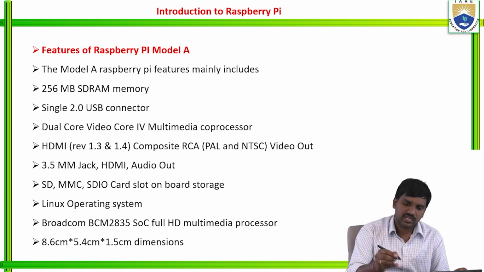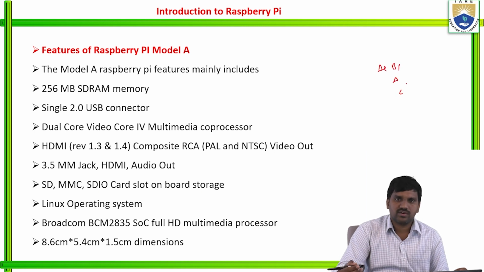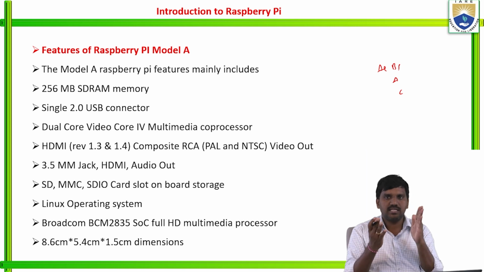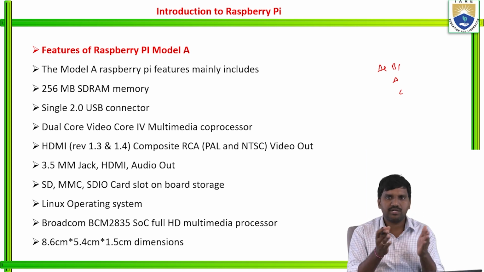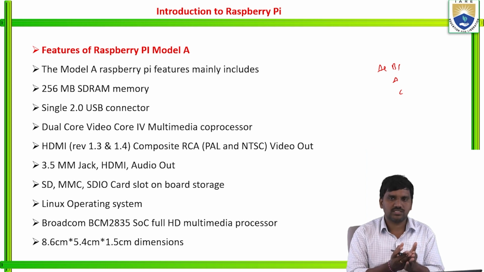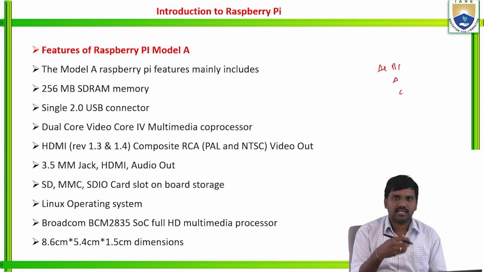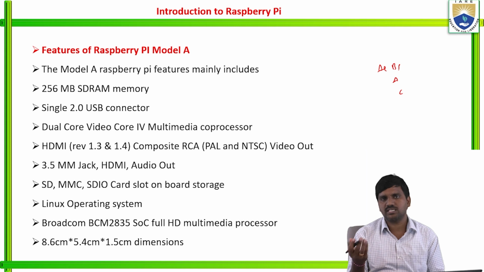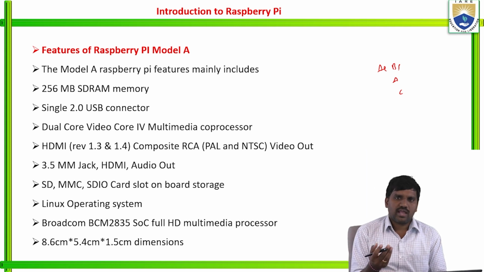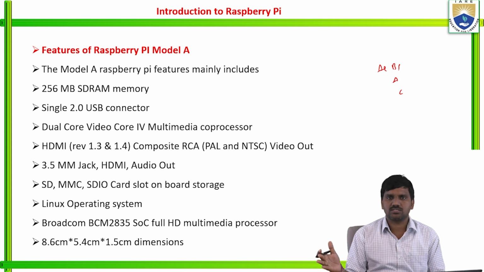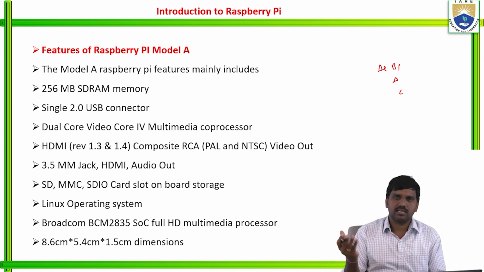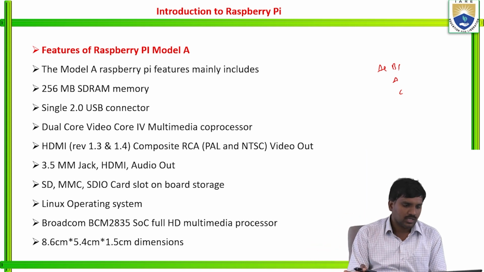In Model A, we have A plus, B plus, C, D like that, different versions. So basically, the models of Raspberry Pi 2 are Model A and Model B. Model A has different specifications along with different versions like A plus, B plus, C, D. Model B also has some specifications, some features and versions. So the features of Raspberry Pi Model A,